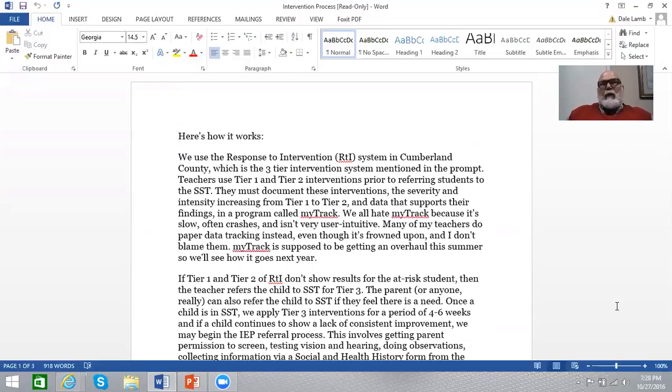If that does not improve their academics, we make an official referral to the school intervention team, and we start the 90-day official period where we're doing interventions with them for 90 more days. And at the end of that 90 days, we make a decision whether to EC test that kid or not. So basically what we've done in North Carolina is we've doubled. The law says that every kid gets 90 days prior to being EC tested, and the school has to put at least 2 different interventions in during that time to try to help that child.